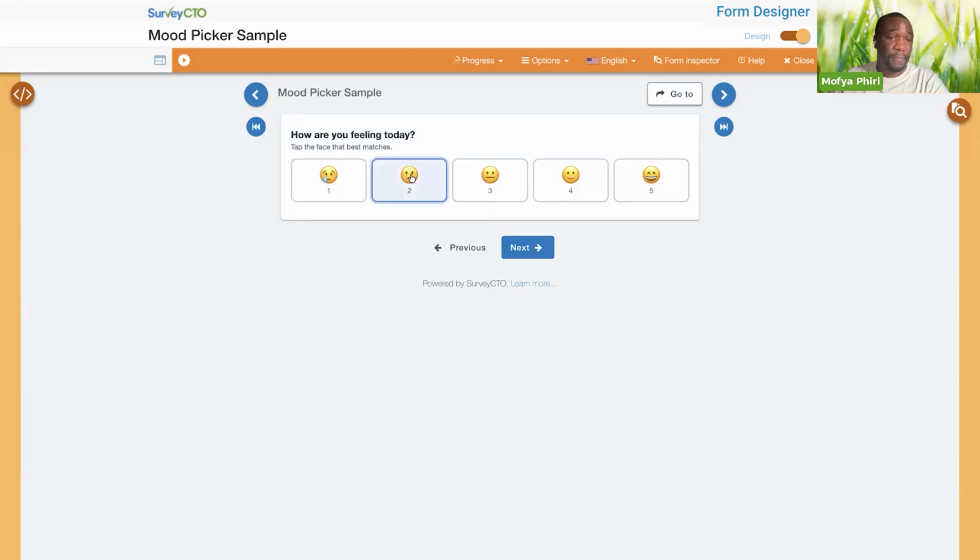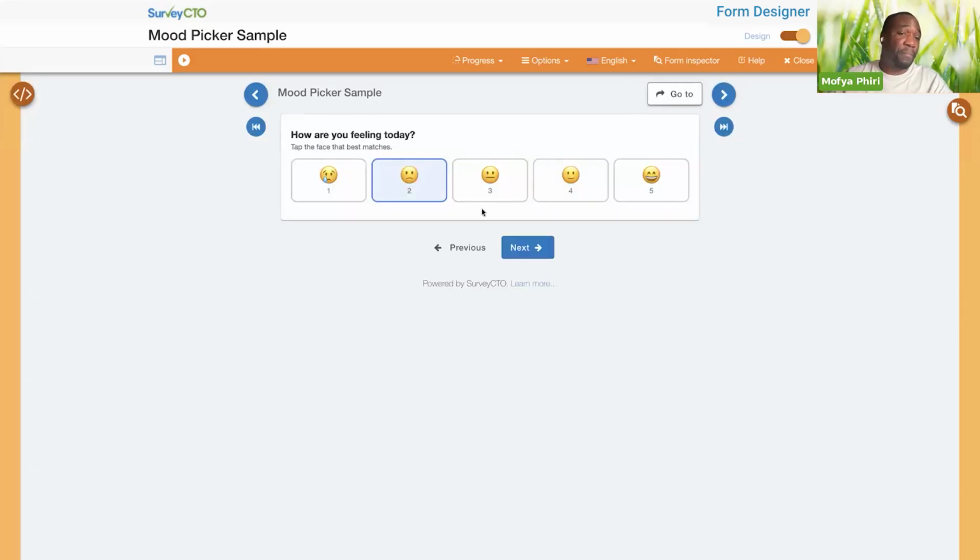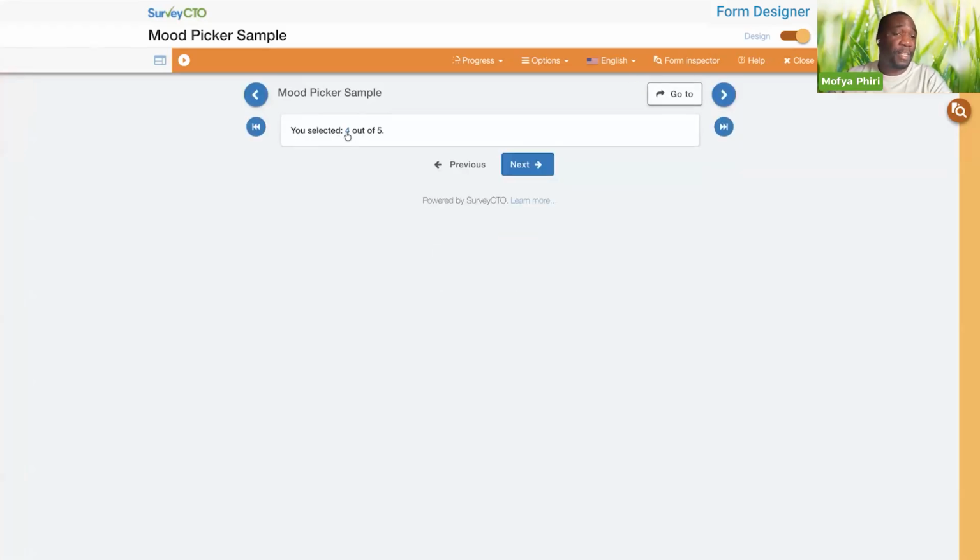And so I can click on 2 here to select that. And if I go forward, it actually tells me that it selected 2. And it's tied into the entire SurveyCTO ecosystem. So if I click this, it's able to jump back to this field. And if I select the 4 there and go forward again, it will tell me that's what's been saved there. So you can see how easy it is to start from scratch, give some instruction, and we actually have a